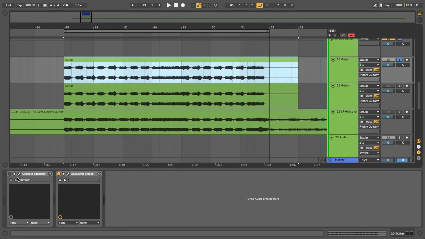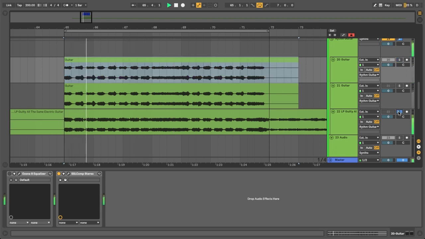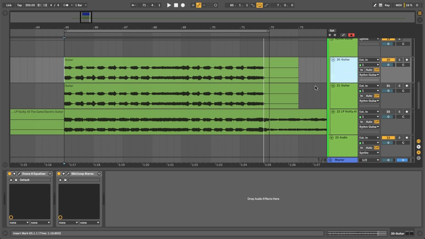This would be the guitar without the Ozone matching EQ, compared to the original track. It's not terrible, it's accurate, but not as much. But let's put the matching EQ on it and let's see how it sounds now. It sounds pretty accurate if I do say so myself. So there you have it,